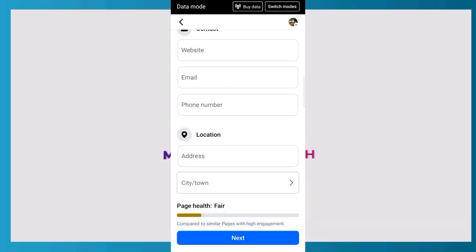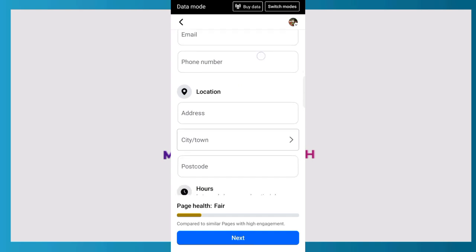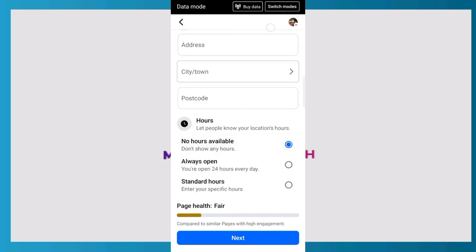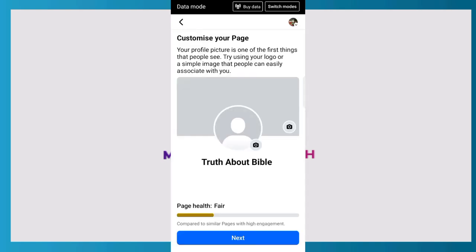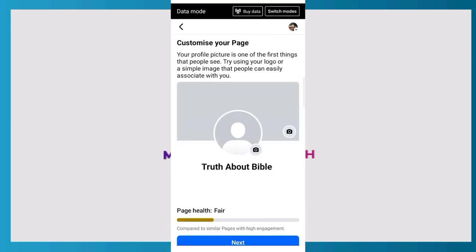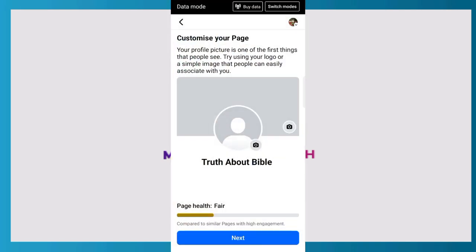It's good to fill all these things because when you fill it, that's how Facebook will quickly recommend your page. Okay, your town and all the rest you fill. You click on next. Okay, after clicking on next, you have to put your profile picture and your cover art. So if you want a logo to appear here and you don't know how to create it, you can